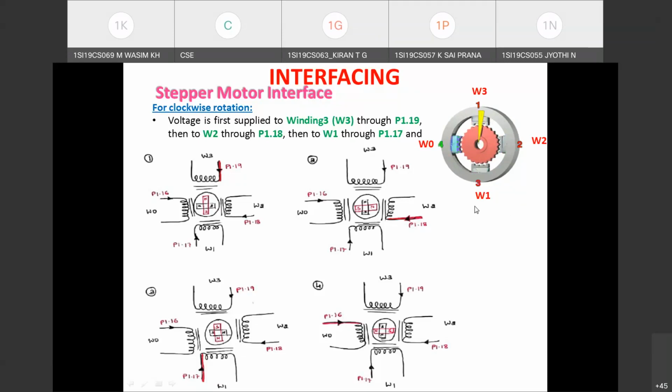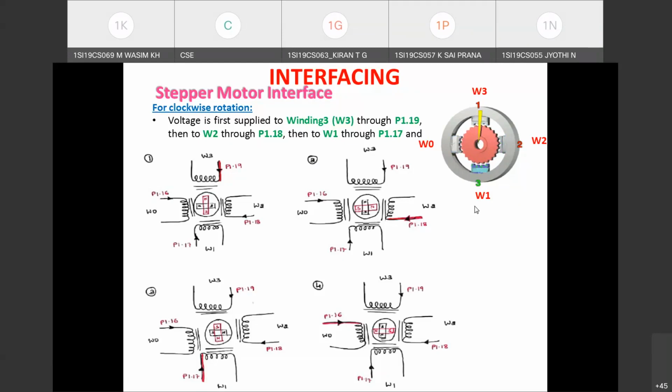Okay, so this is about the stepper motor. So just write the simple diagram of stepper motor with 4 windings. Since stepper motor has 4 stator windings, actually there are different configurations in which stepper motor comes. For instance, in your lab you are using 4 stator stepper motor. With respect to that only we are doing all the discussions. Okay, so stepper motor, it is having 4 stator windings. The operating voltage for the stepper motor is plus 12 volt DC.